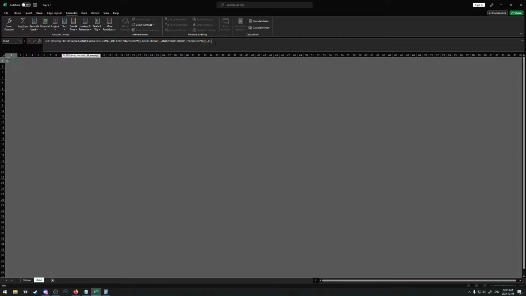If it's empty, okay, count rows in range. So now I do